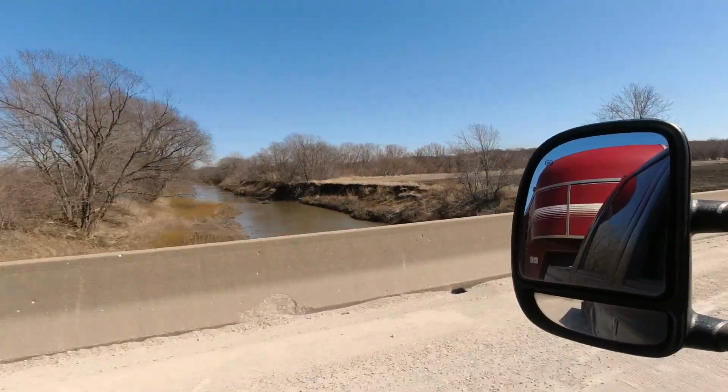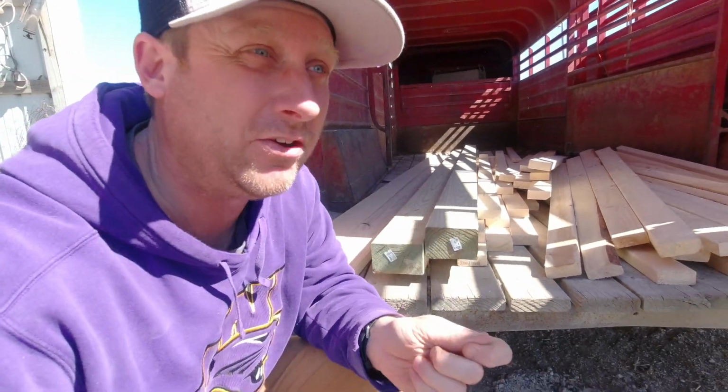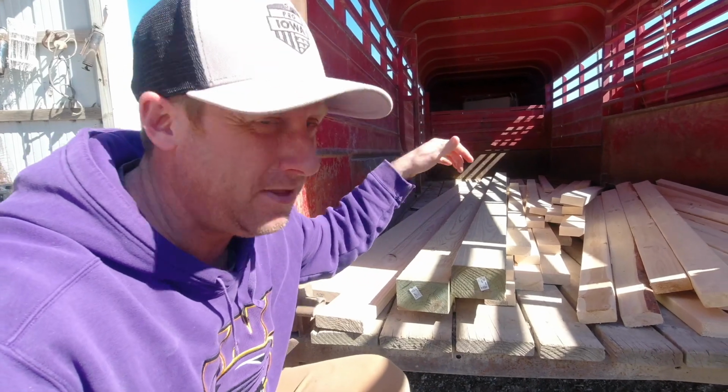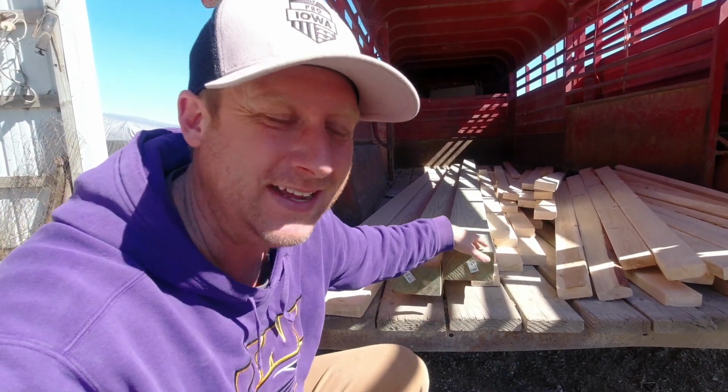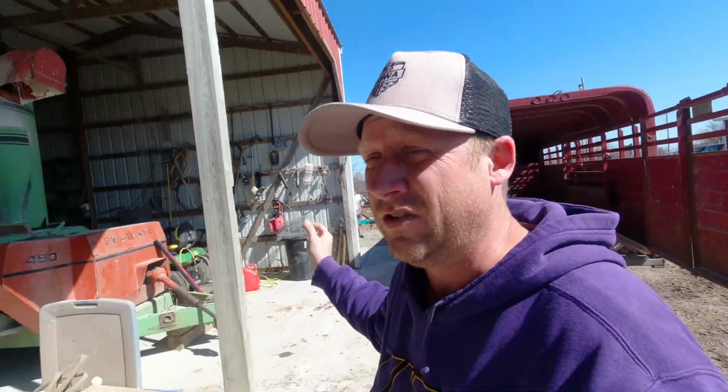On my drive home, I had a thought, and let me go show you what that thought is. It's about the lumber in the back of this. This is what I was thinking: I have owned vehicles that worked and drove me places that were worth the same amount of money as this lumber right here. Oh my goodness. That was an expensive trip to the big city,